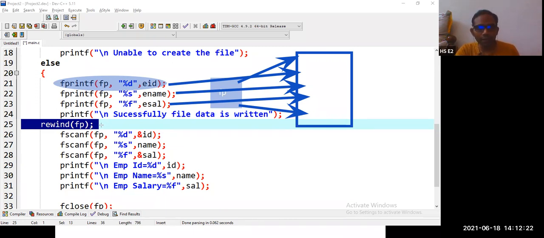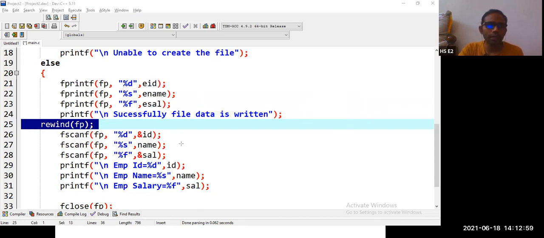If you execute rewind, then the file pointer will be moving from here to the initial stage. It will be moving from the end of file to the first step or the 0th address of the file. So it is going to move to the beginning of the address. Then again, it starts scanning the file. Then it is going to print the data. So is this point clear? So what is rewind? Rewind is going to move the file pointer from the end of file location to the initial state of the file. So now let us execute and see whether this program is working fine or not.